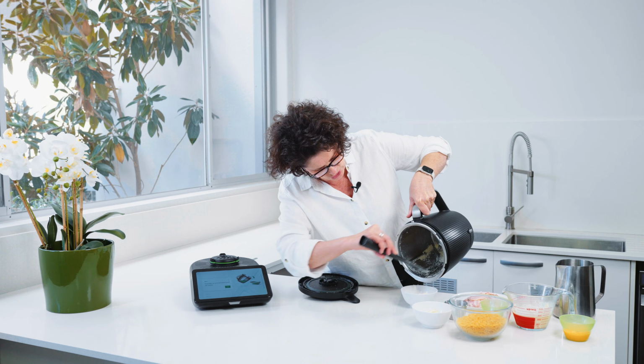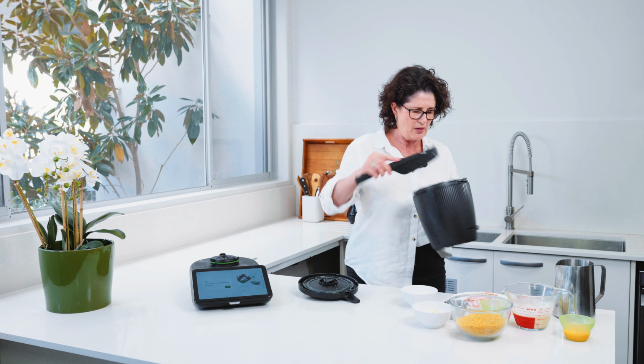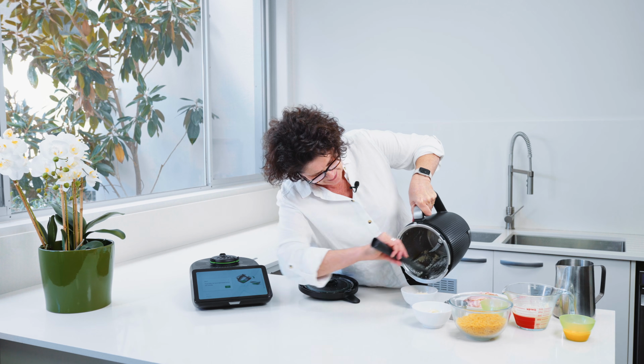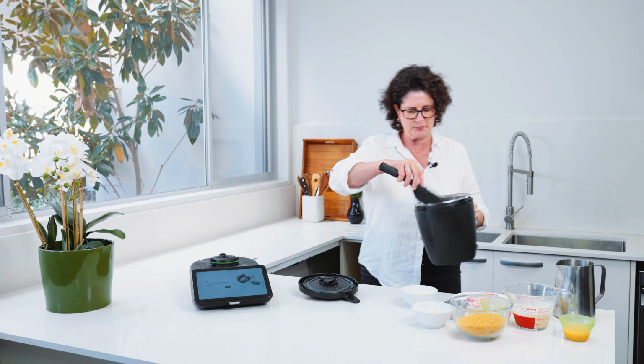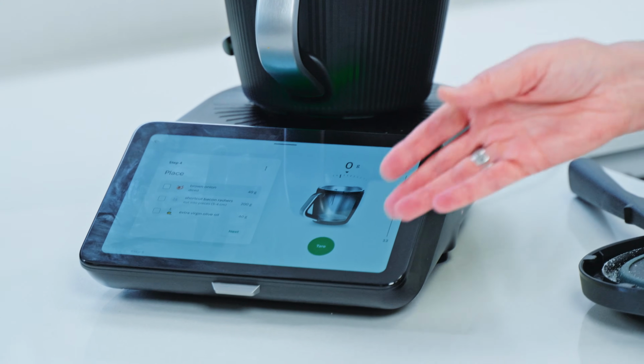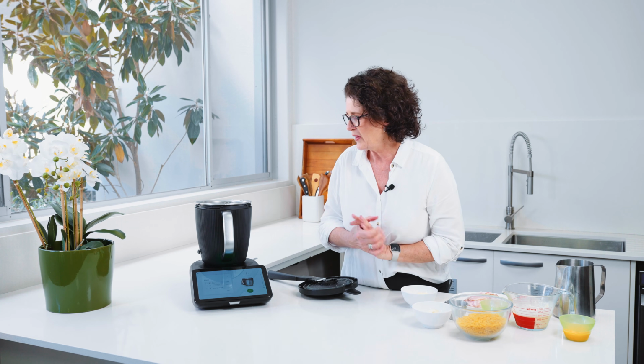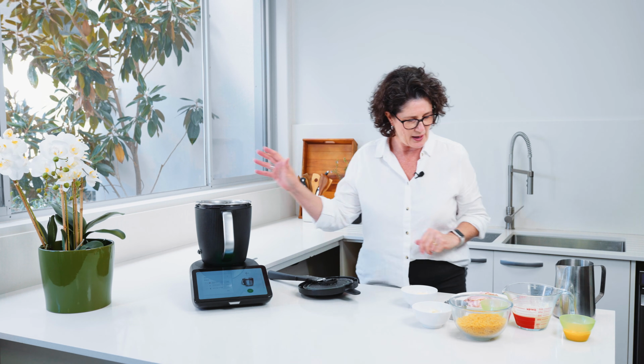So this is, yeah, such a quick and easy recipe. It's really yummy. I guess if you don't like bacon, you could probably replace it with mushrooms or something like that. And you'll notice on the TM7 the new beautiful visuals that come through with each step, so that's something lovely. We're going to pop in our onion,